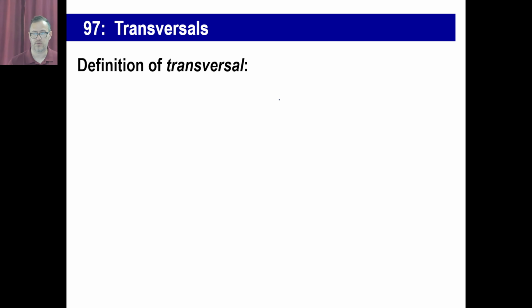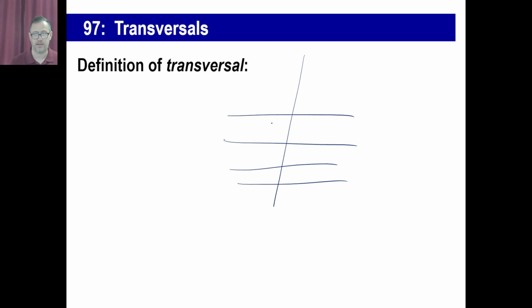This is a transversal, okay? A transversal, let's just say you get a couple of lines like this. That's a transversal. It cuts across the lines. Of course, there could be more lines like this, okay? They can be parallel or not parallel, whatever word you want to use, okay? But this here, that is the transversal. It cuts across. When transversals cut across lines that are parallel, some interesting things happen, and we'll talk about those,